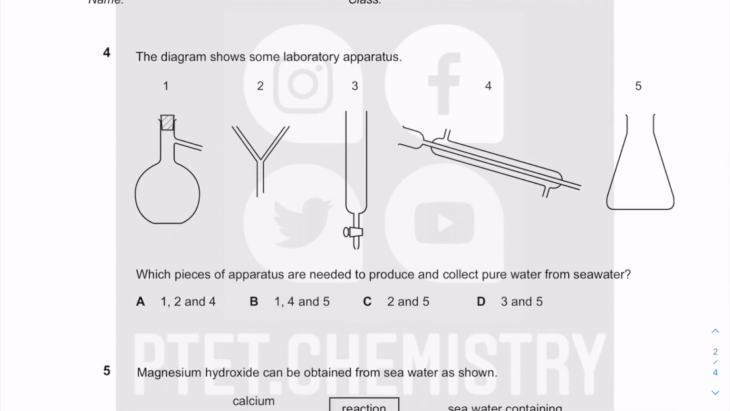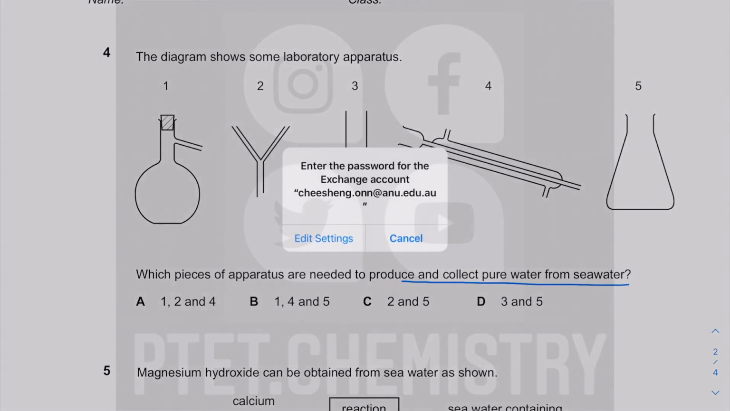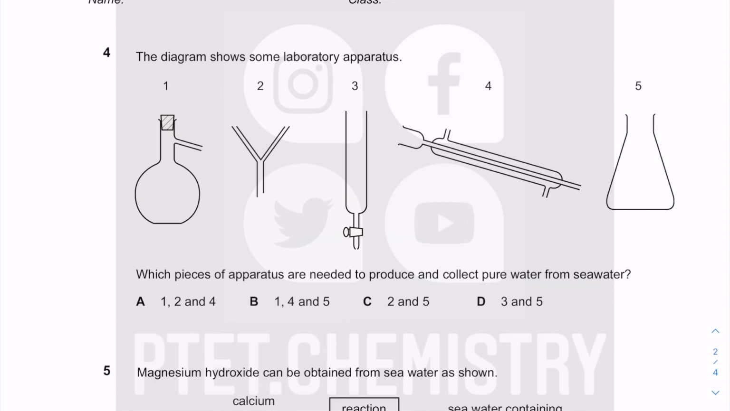Question 4, you have apparatus in the lab again. So you want to produce and collect pure water from seawater. Okay, produce and prepare pure water from seawater. This is distillation. So in order to do distillation, we need a distillation apparatus. We need to have a stopper. In fact, it's best if you have a thermometer there, because the thermometer can tell you the boiling point of the stuff that you're collecting on the sidearm via